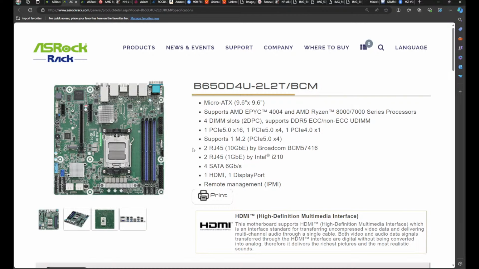This board also has 2 10 gig 10GBASE-T ports. These are actually Ethernet ports. They're not transceiver ports, so keep that in mind if you're looking at this board. You'll need to make sure your switch either has 10 gig Ethernet that you're going to plug this into if that's your desire, or that you buy the modules that plug in the transceiver port that will convert that to 10 gig Ethernet. It also has 2 Intel 1 gig Ethernet ports, 4 SATA ports,